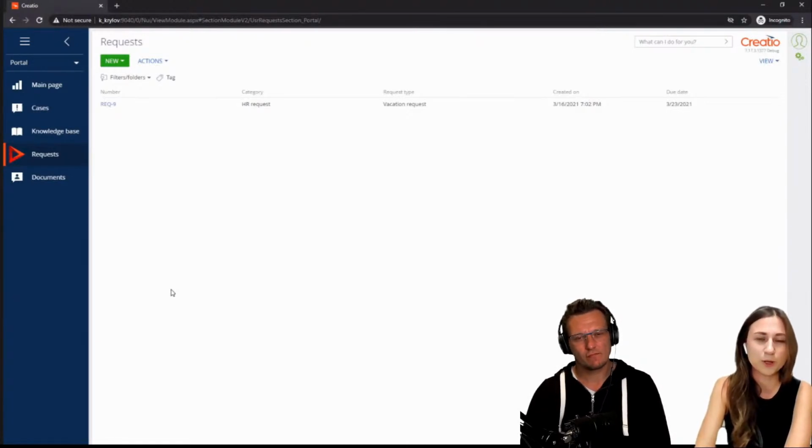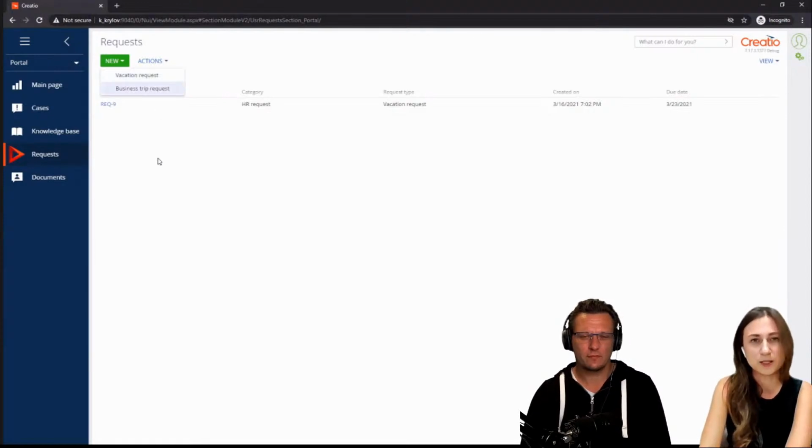I don't want to have paperwork in terms of them sending something via email. I want them all logging into one system and creating these requests so they're all stored in one place. Basically, their interaction with the system is quite limited. They don't need anything else. Maybe they need a knowledge base, but their main purpose is to log in and work with requests of different types. For example, I can do vacation requests, I can do business trip requests,